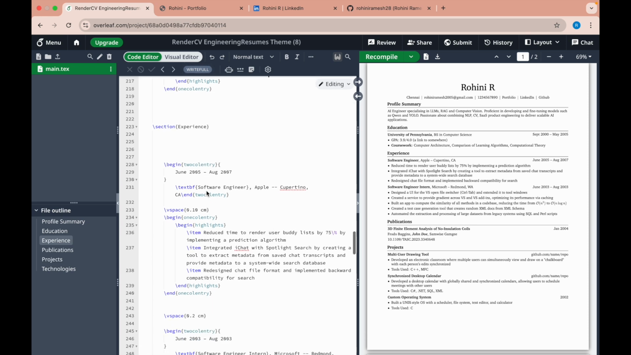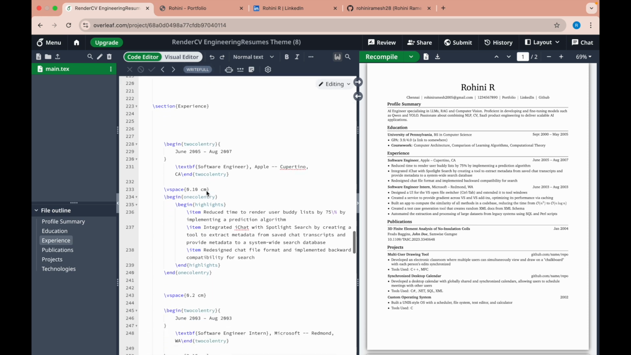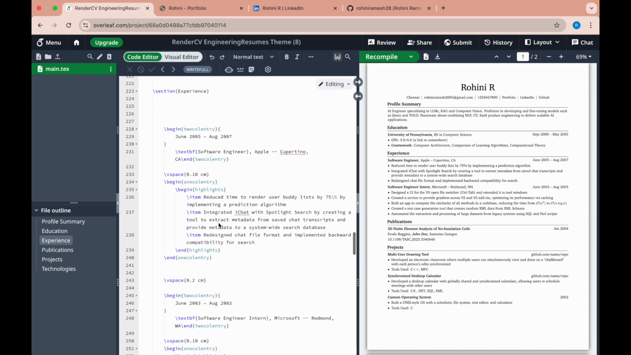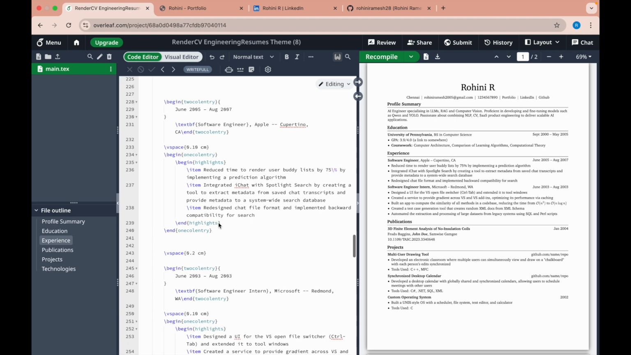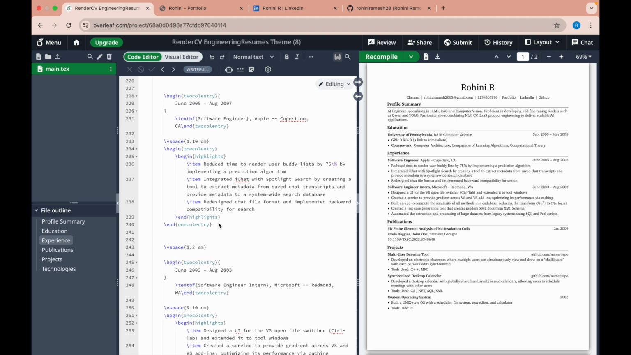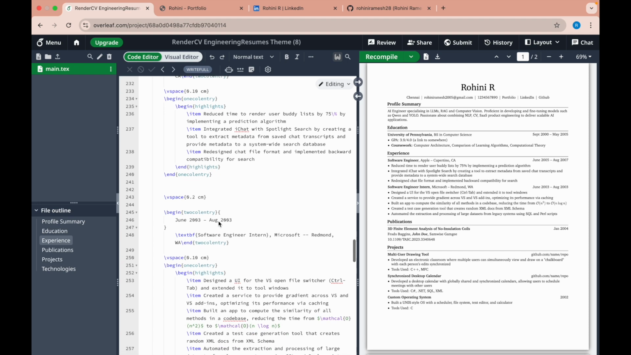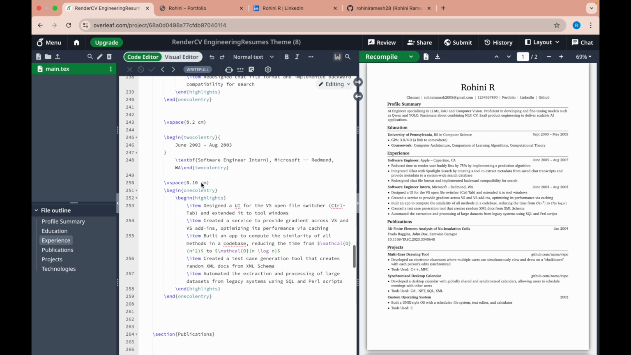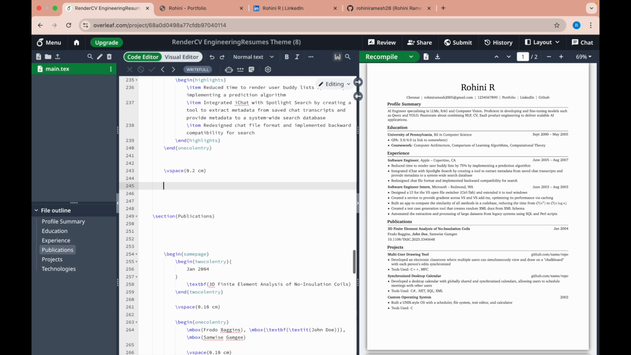If you have internship or work experience, mention it here. Focus on achievements, not just tasks. If you don't have much work experience, you can reduce this section or keep just one relevant experience. So I just have one experience, so I'm going to remove the other experience here,